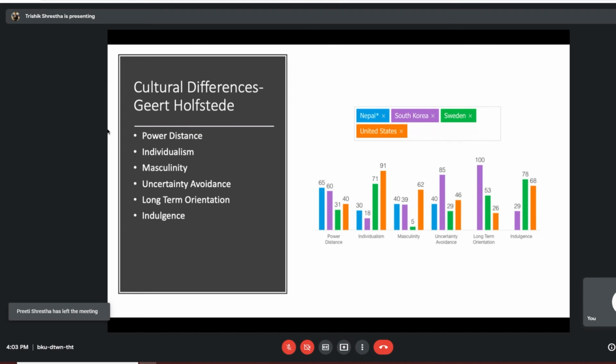But then there's one more thing that we need to discuss, which is the cultural differences. If you try to incorporate a technological solution to a problem, then that solution will be perceived in different lights in different countries that you go to. That is the result of cultural differences. There are six elements to this: power distance, individualism, masculinity, uncertainty avoidance, long term orientation, and indulgence. These six criteria are what differentiate different countries, and how different countries respond to different actions of innovation.